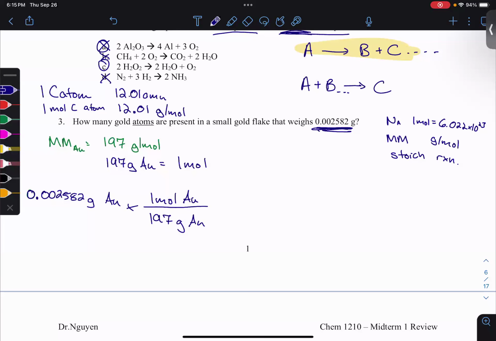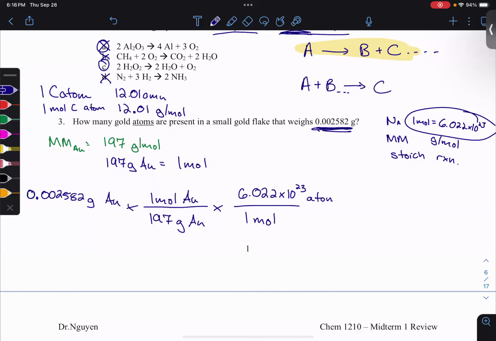Am I done? No. If the question asks what's moles of gold, then yes, we'd be done, but we want individual particles. So this is where we're going to use Avogadro's number. It's like saying, I know how many dozen gold particles I have. Now I just need to multiply by the definition of a dozen. But in this case, we are multiplying by the definition of Avogadro's number. So 1 mole of anything, in this case gold atoms, is 6.022 times 10 to the 23 atoms. And so our answer, I wrote it down, is a big number. So 7.893 times 10 to the 18 gold